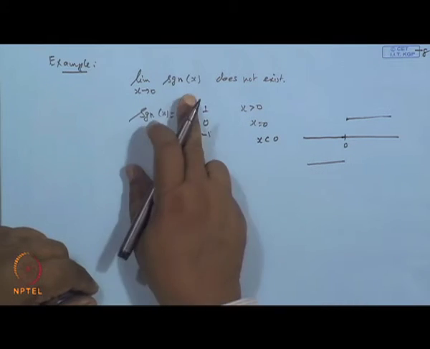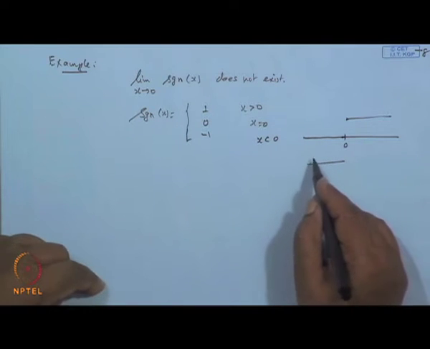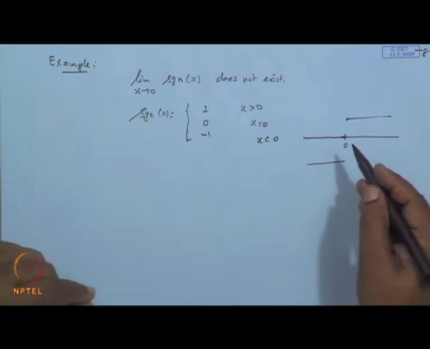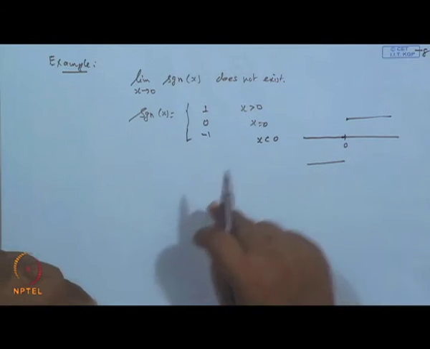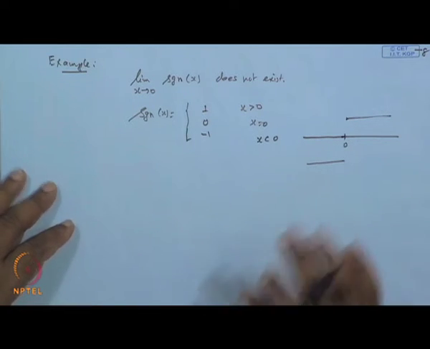The limit of this signum function when x approaches 0 does not exist. So, when we approach from the left hand side or from the right hand side, the limit will not come out to be the same. Okay. In fact, before this I should prove that whenever the limit of the function f x exists, the limit will be unique, that I will show just after this. So, here the limit will not be unique.